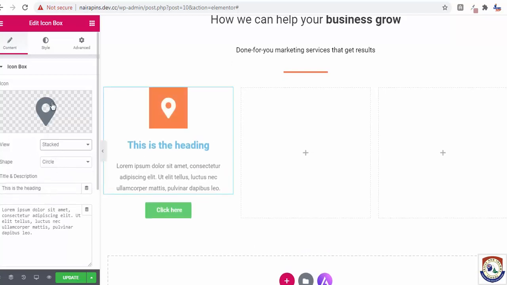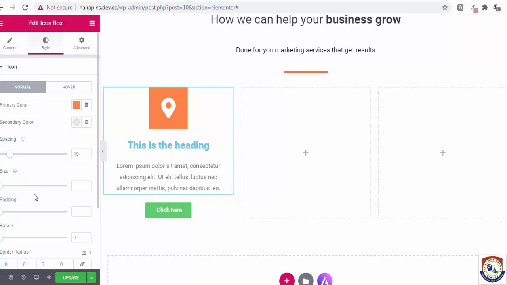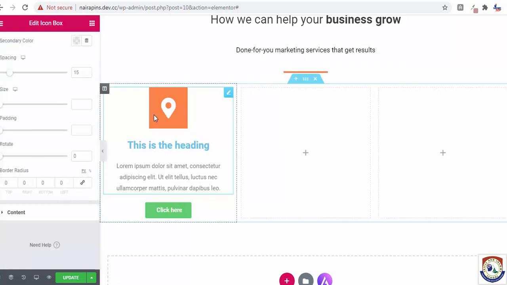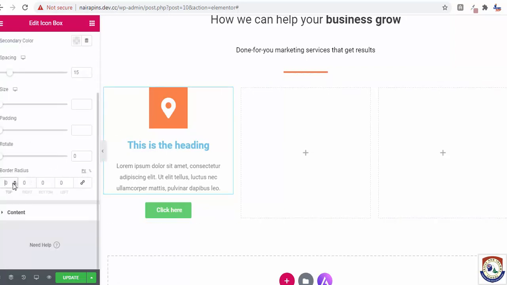Tagged. So I think I've done something here. So border, let me just delete this. So you can rotate the stuff if you like. Let's see this. Now I've gotten back my shape. So you can click on update.